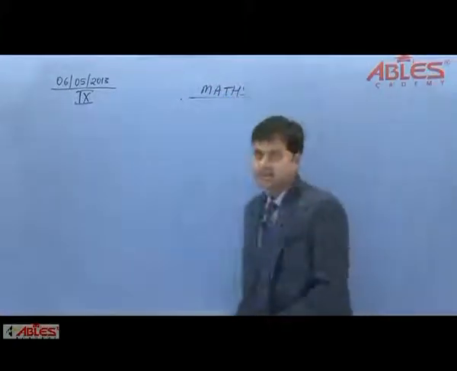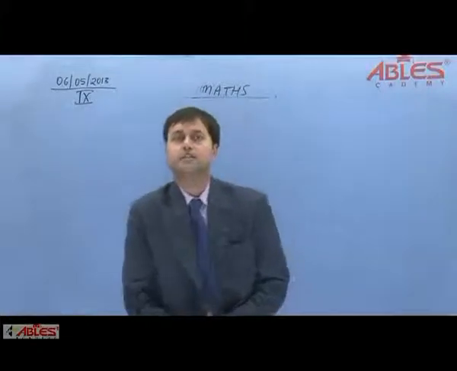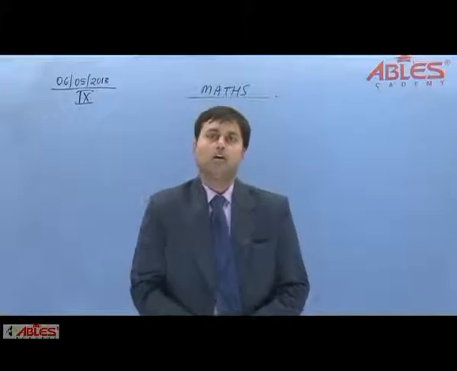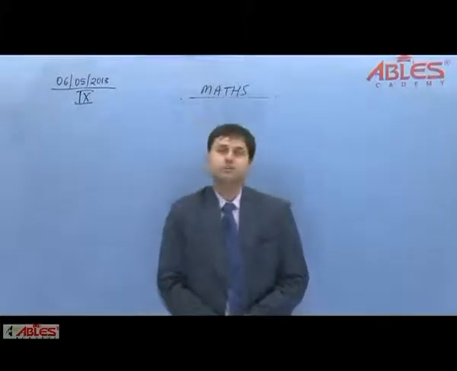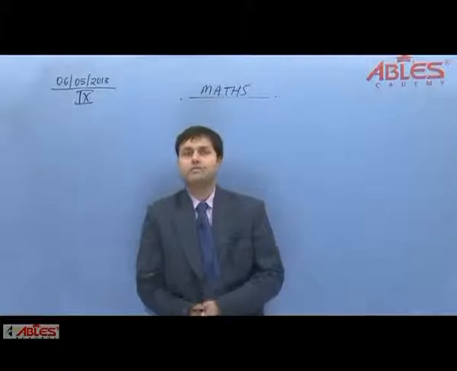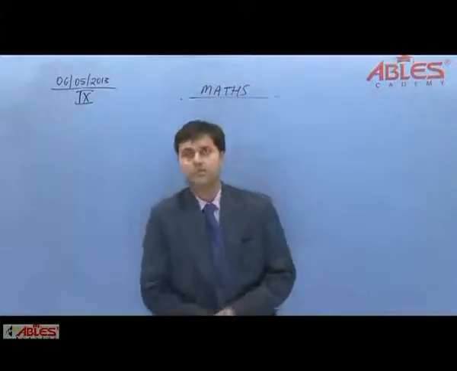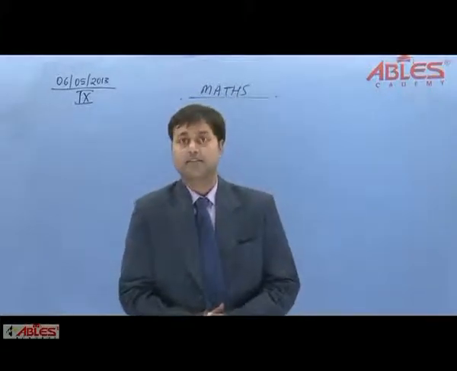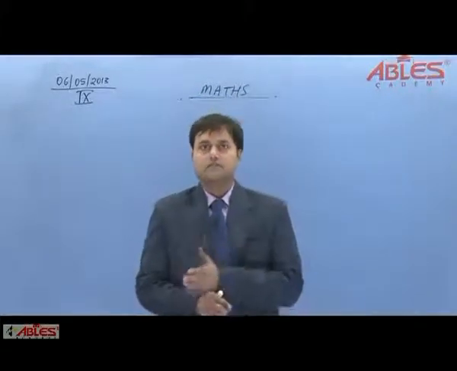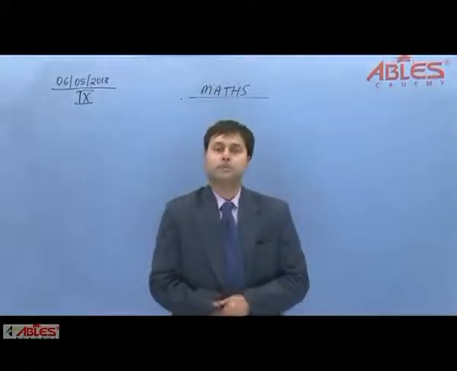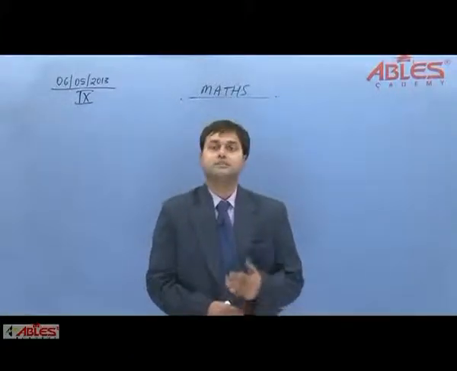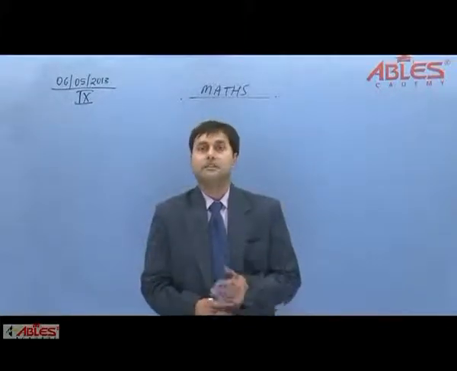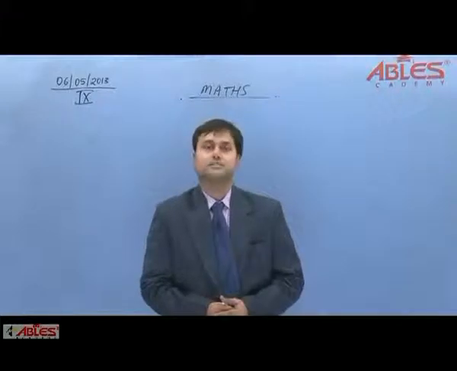In the last class, we discussed the first chapter, number system. We discussed surds calculation and how to rationalize the elements. So we have completed the first unit, number system. In that chapter, we discussed what rational and irrational numbers are, how to write decimal numbers in the fractional format p upon q, how we can distinguish between rational and irrational numbers, and finally how we can rationalize the elements. That is very important in that chapter.